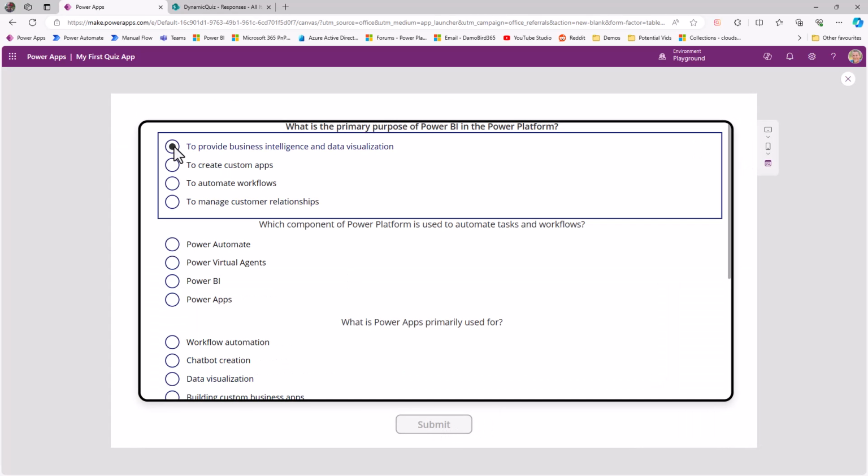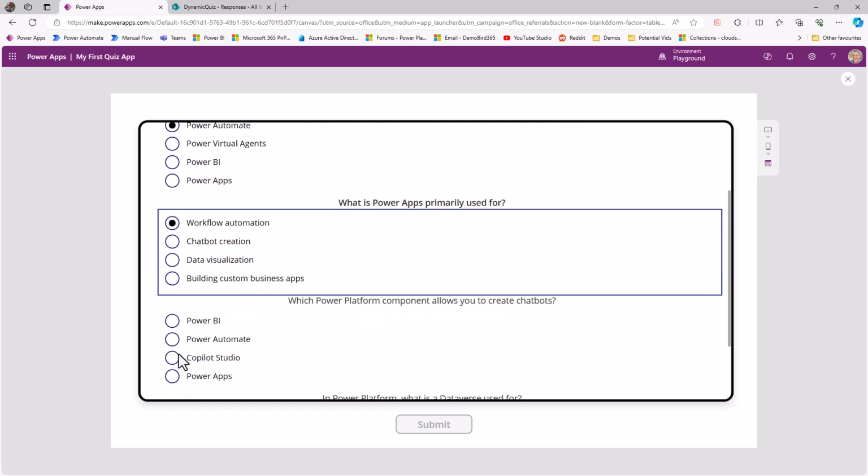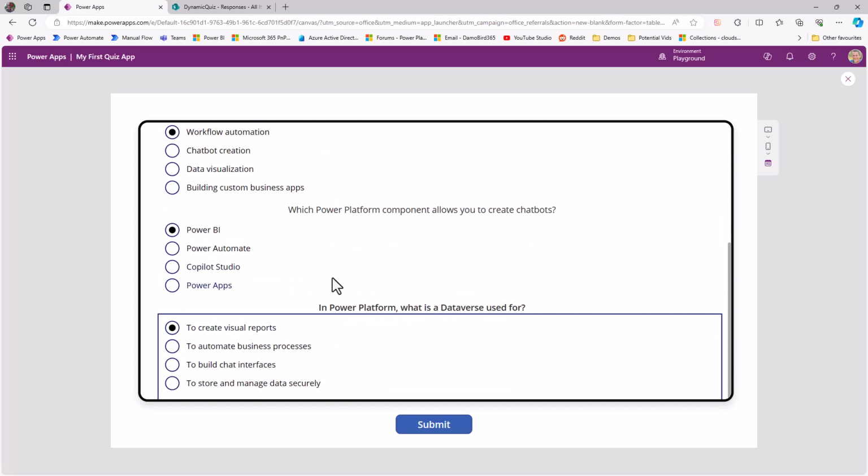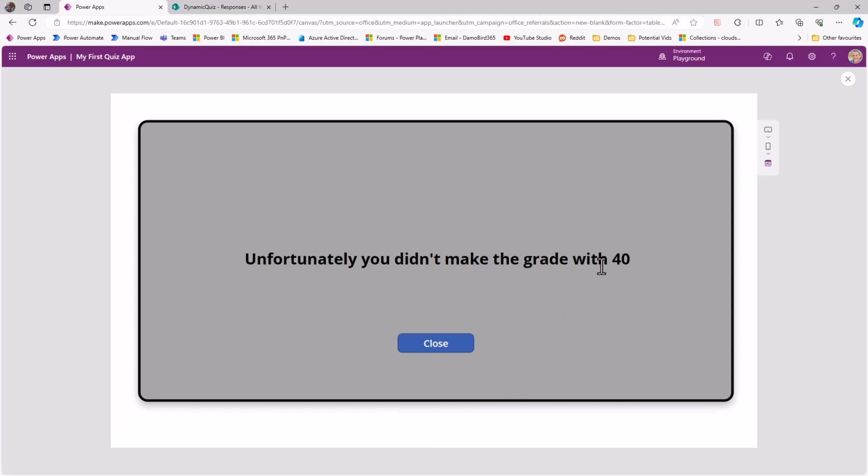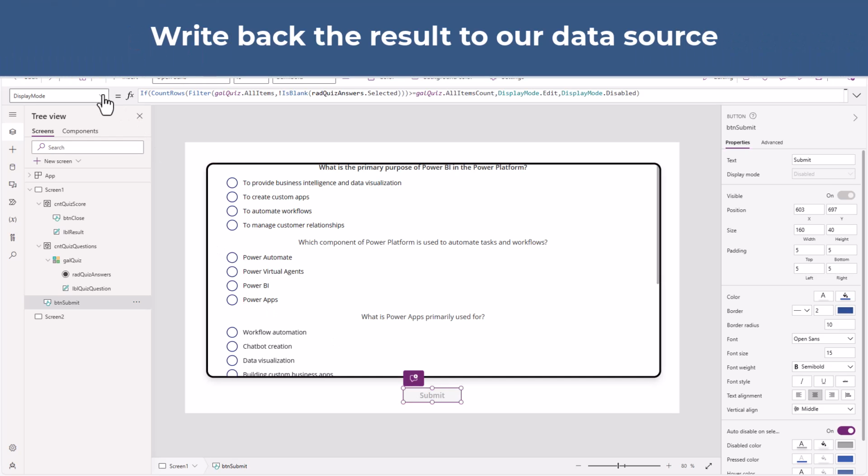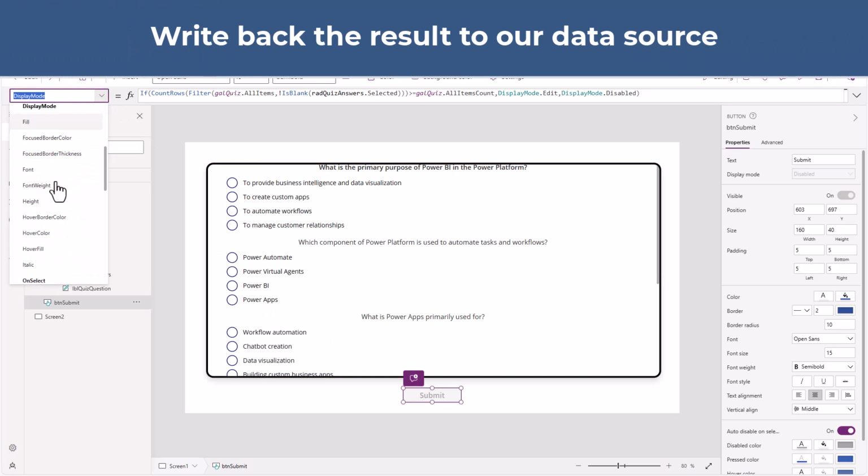I can't click on it, and as I go through and make selections for each of those questions, once I've answered all of them, I can then submit. And have I passed? Nope, still not passed. I've only got 40%. And then finally, because I promised we'll write back to our responses list,